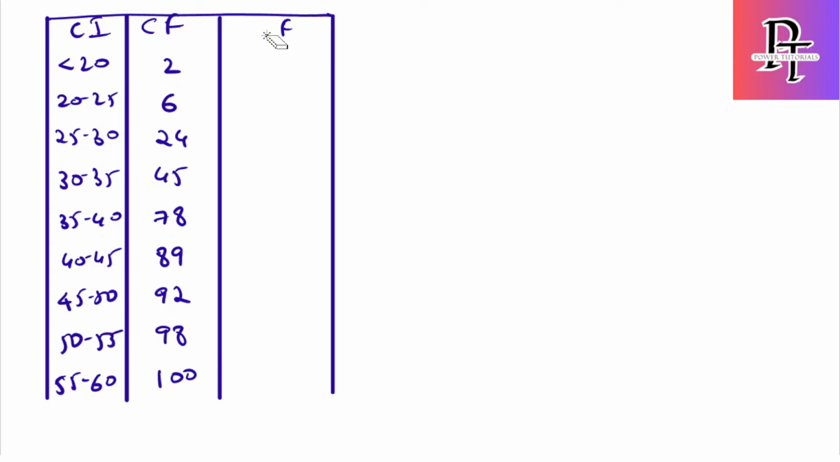Now we'll write f from this. Because less than 20 they have provided is 2, but they are not saying that between 20 to 25 it is 6. The cumulative frequency till 20 to 25 is 6. Okay, now let's find frequency values. So it will be just subtract these two values. 6 minus 2 is 4, 24 minus 6 is 18, 45 minus 24 is 21, 78 minus 45 is 33, 89 minus 78 is 11, 92 minus 89 is 3, 98 minus 92 is 6, and the last one is